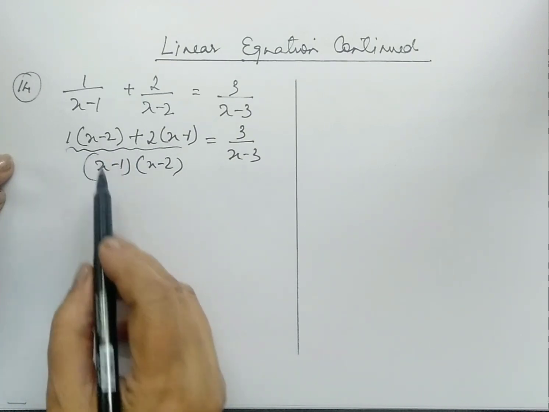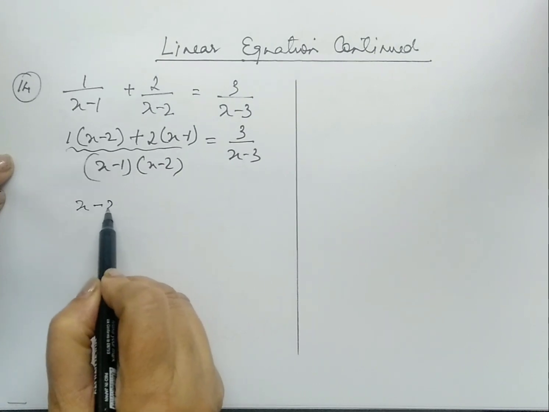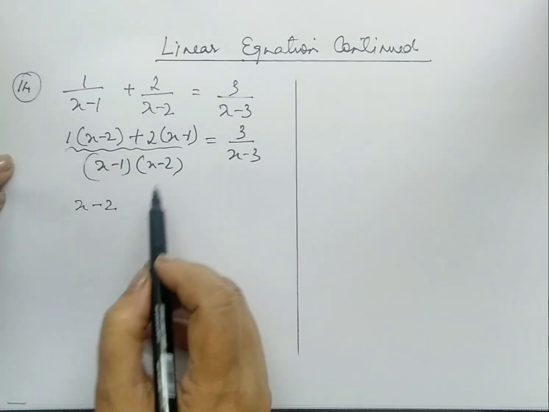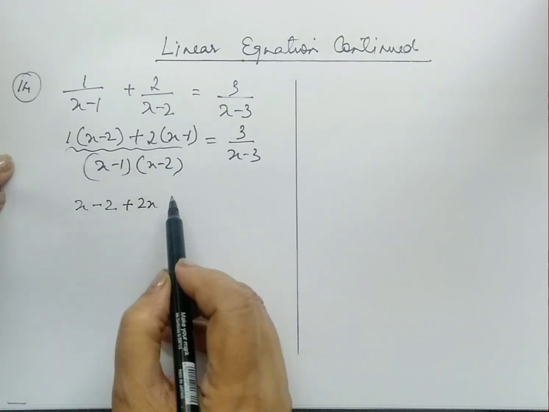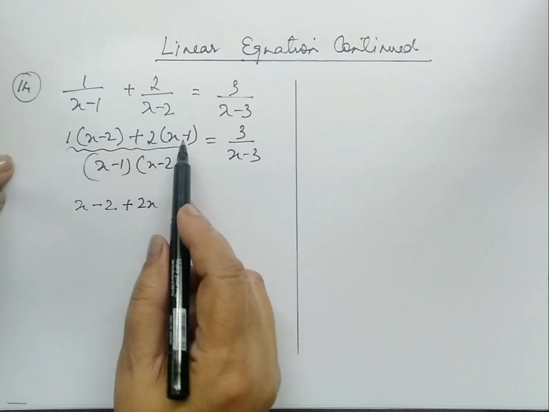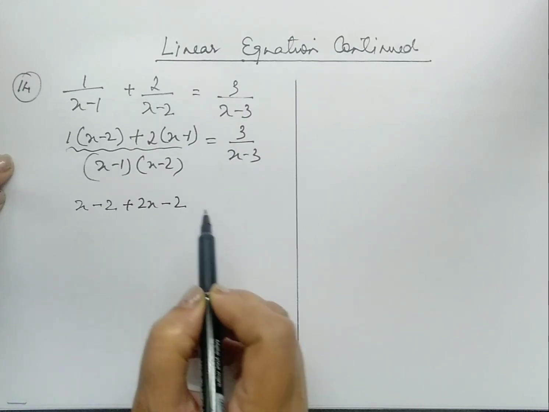So 1 into x, okay? It will be all same. 2 into x is 2x, plus, plus. And there is a minus over here, plus minus minus, so minus 2. Alright guys,